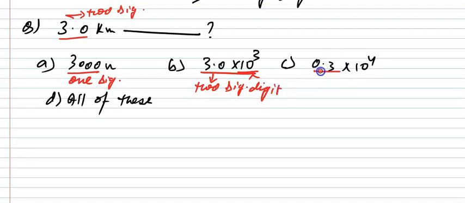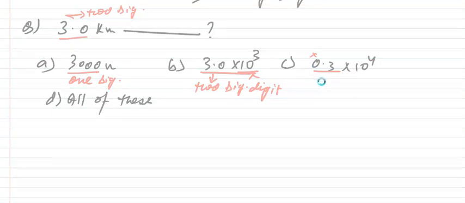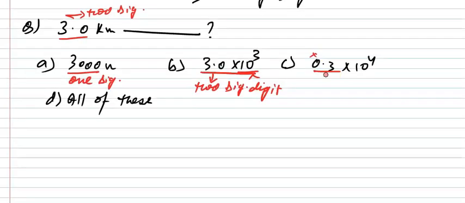And over here the point is not significant according to rule number third, so it has one significant digit. Okay, so hence the option number